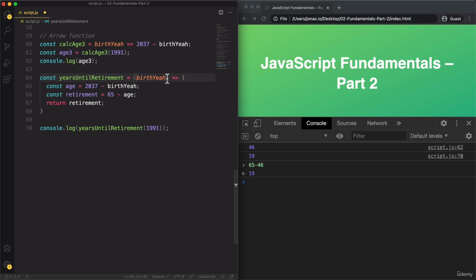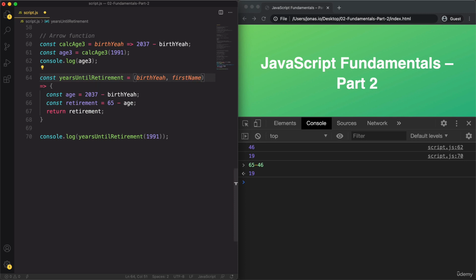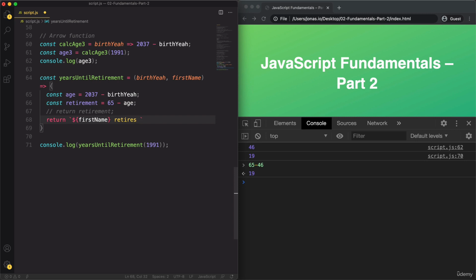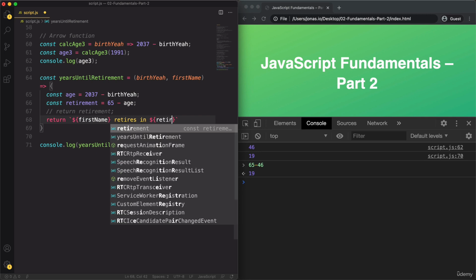So let's say that we want the birth year, but also the first name, so that we can return something else, like a sentence. So let's comment out this part here, and instead let's return a string. And again, we're using a template string here to build that string. And basically I want to say first name retires in X years. So let's use that placeholder here. So first name retires in, and then we use that value that we just calculated. So retirement,